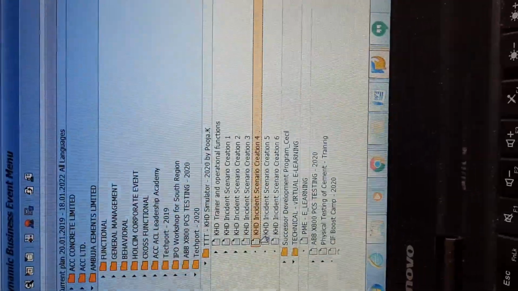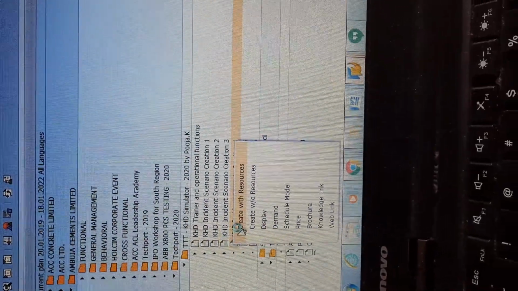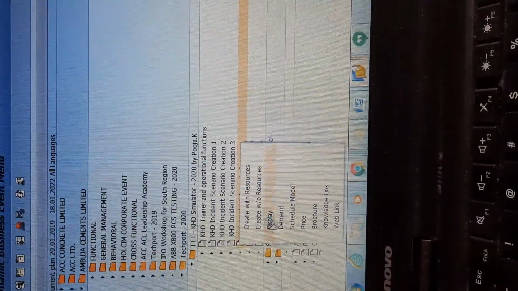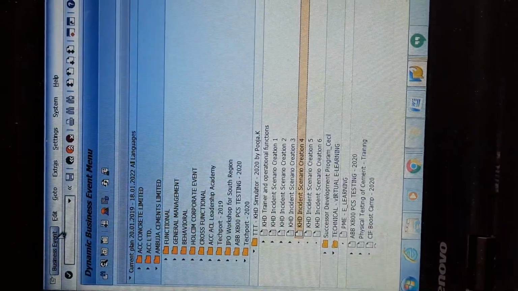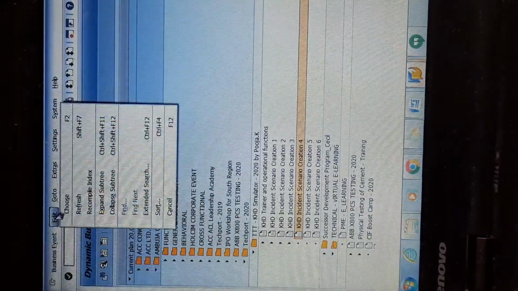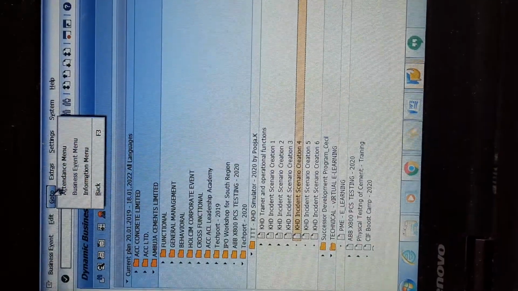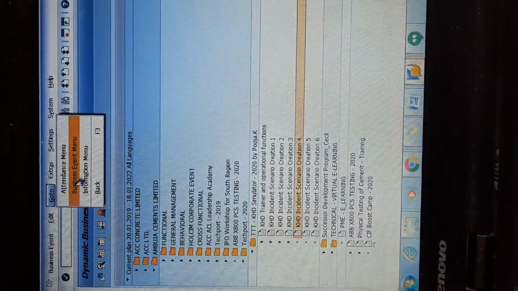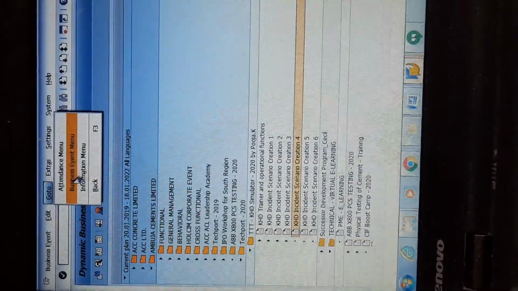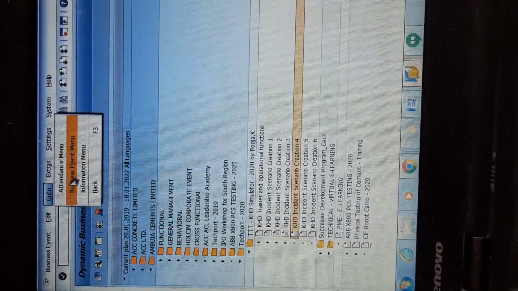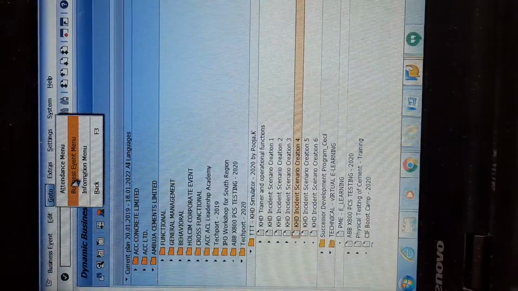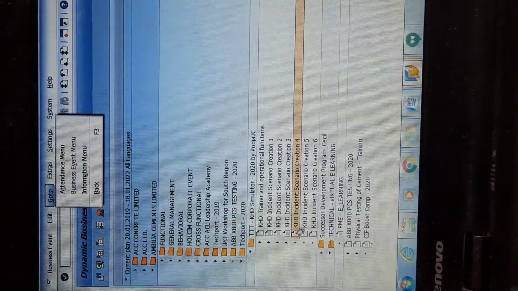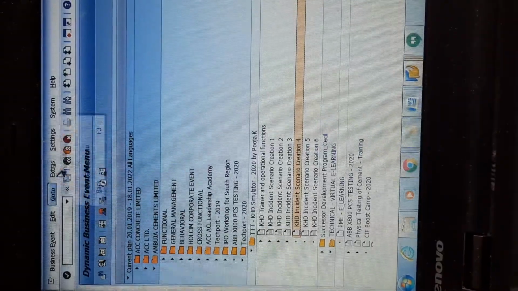So now I will right click. To get into this, with resource or without resource, how we get to know is to go to your main option. Here there is something called business event. Click on business event, edit, to enable the business event menu in which you will be creating a date. Always enable the business event menu to create a date for the training program. Okay, this is already enabled. If it is blurred, it has already been created. So I will right click over here. See, how you will get to know is, one second.